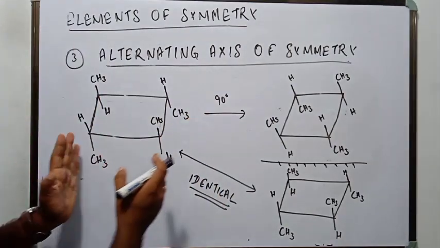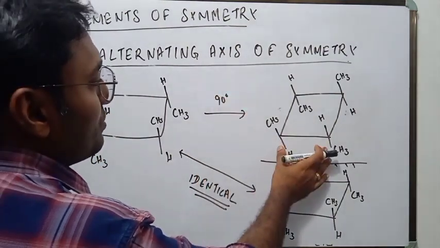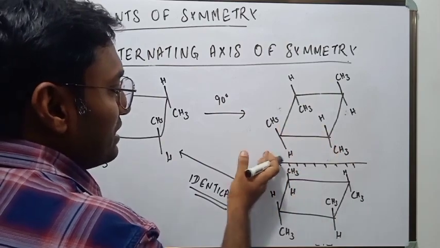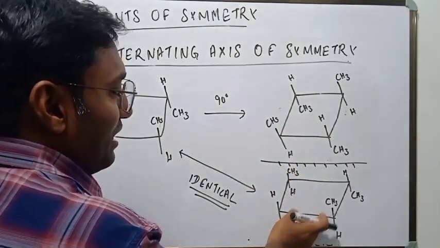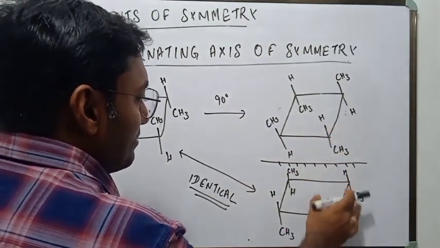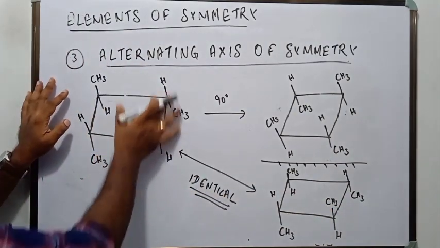If by rotating at a predetermined angle you get a structure, and you take a mirror image of that structure by putting a plane and mirroring it, and that image is identical to the original structure,